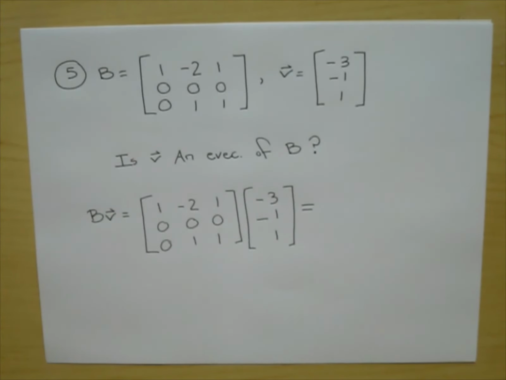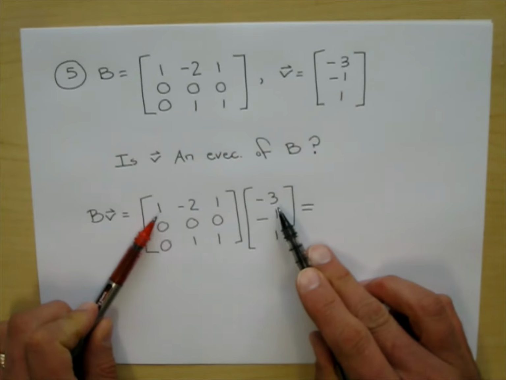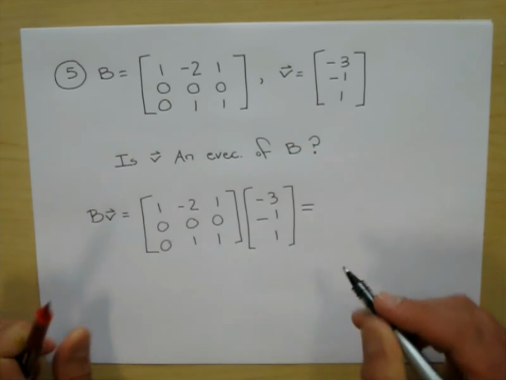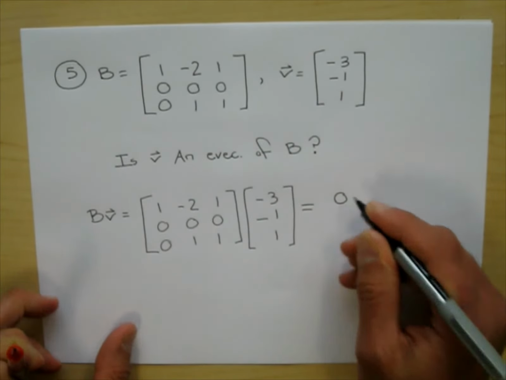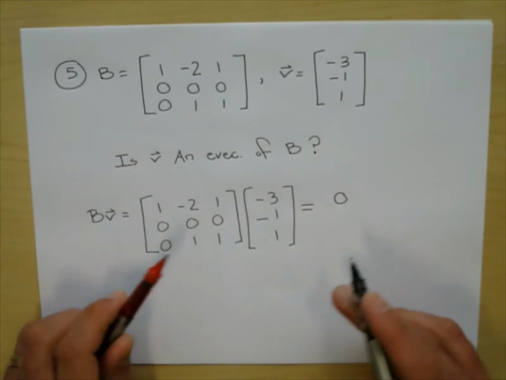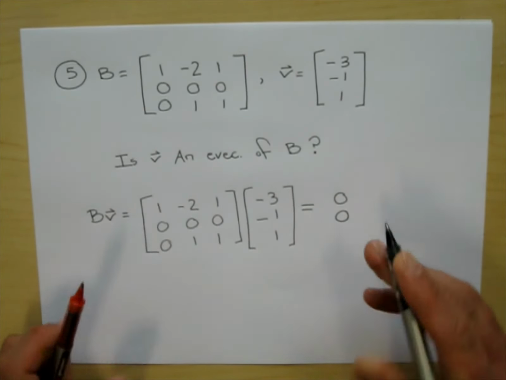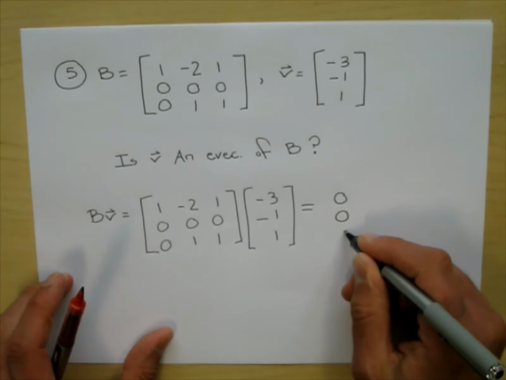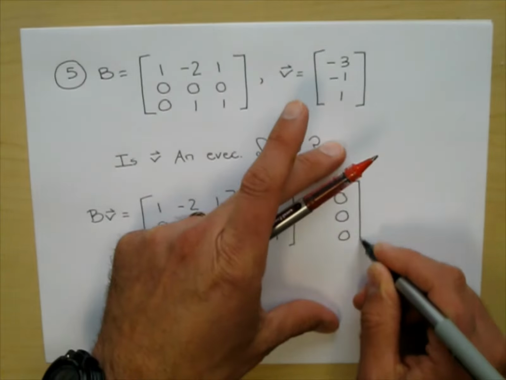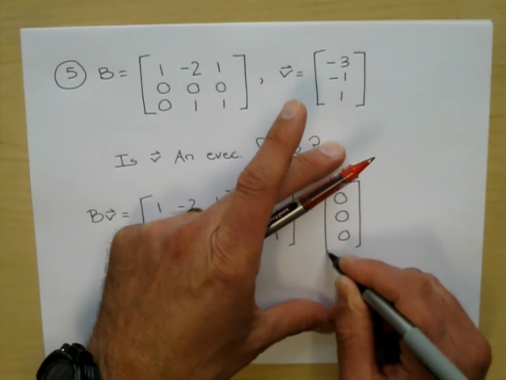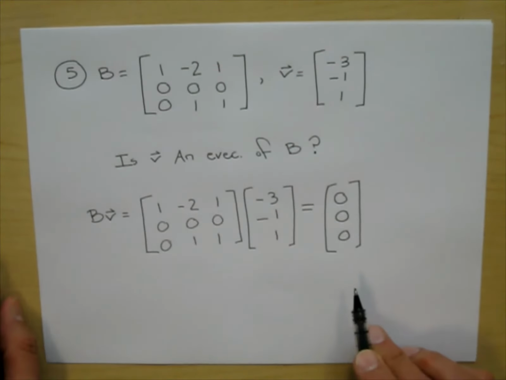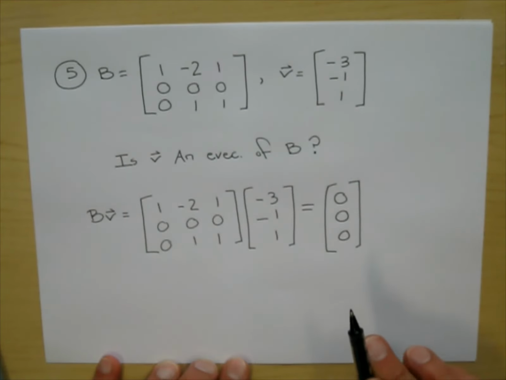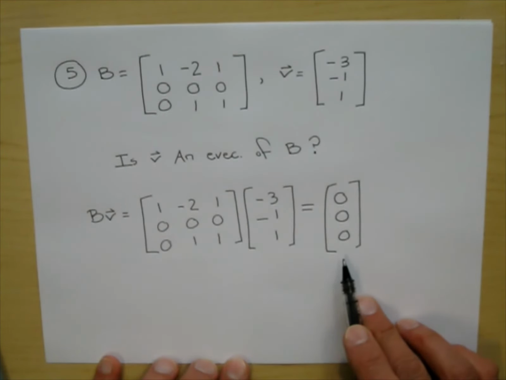Okay, here we go with multiplication. I have -3 plus 2 plus 1, that is 0. 0, 0, 0, that's 0. 0, and then -1 plus 1, that's 0. So I know what you're thinking. You're thinking, the answer is no. But actually,